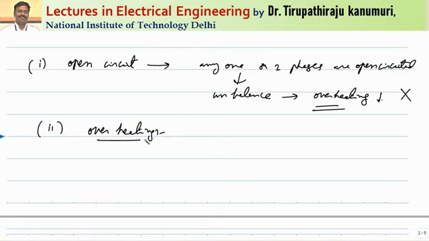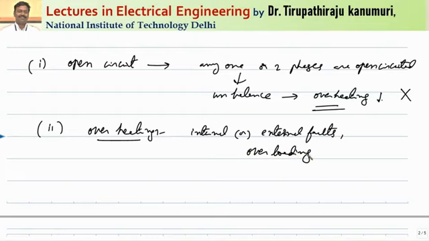See, the overheating again can be due to internal faults or external faults. Whenever the fault current passes, I squared R losses increase. So that increases the heat. That is one reason. Then the second reason can be overloading of your transformer. So during overload also it will happen. And the third reason can be that whatever the copper losses and iron losses are produced, if they are not dissipated properly, during that condition also it can happen.